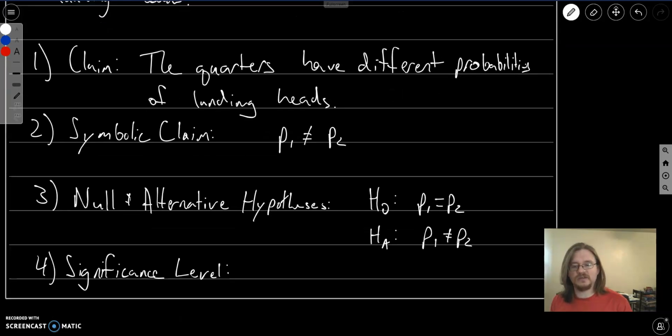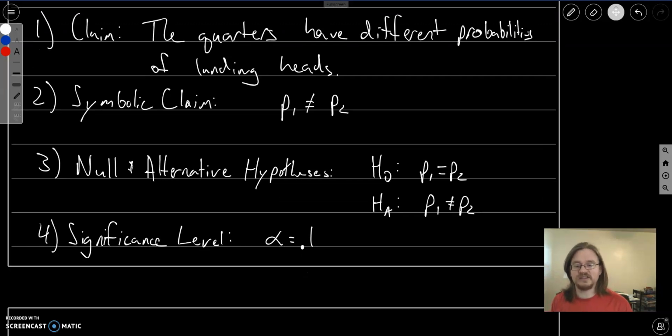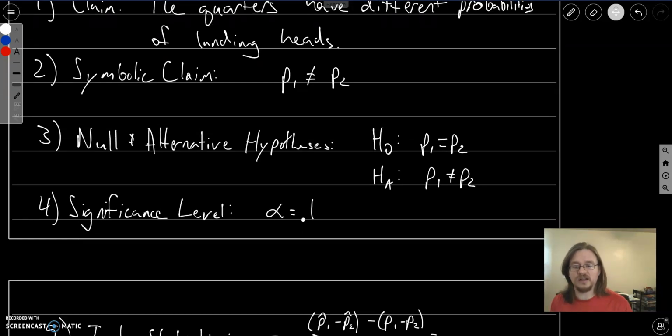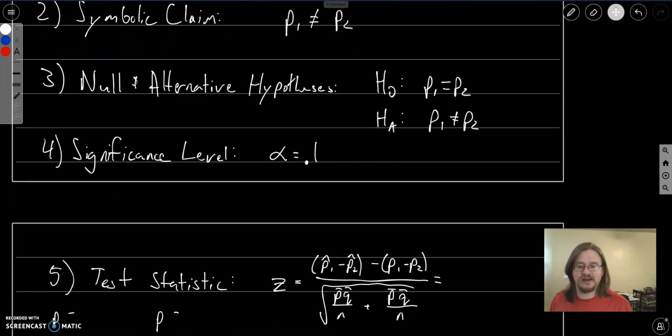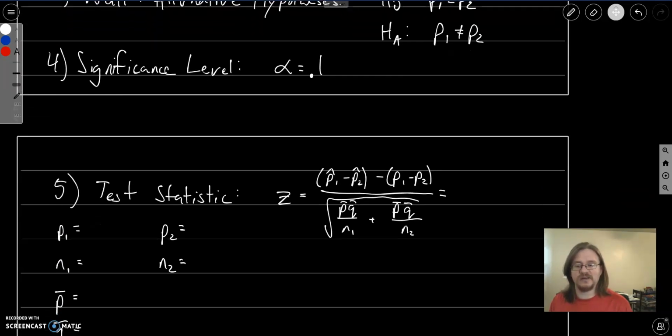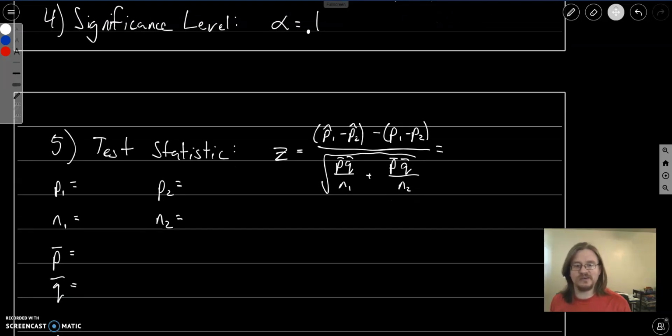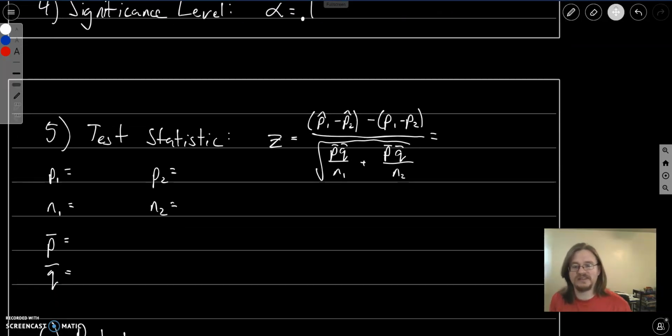And our significance level, we said, is going to be 0.1. And again, if this were medical trials, something like that, we would want a much smaller significance level so that the chance of an error is a lot lower. Here, we don't really care if we're all that wrong when we're just testing whether or not quarters flip heads at the same rate. So our test statistic, which I have the formula written down here again,